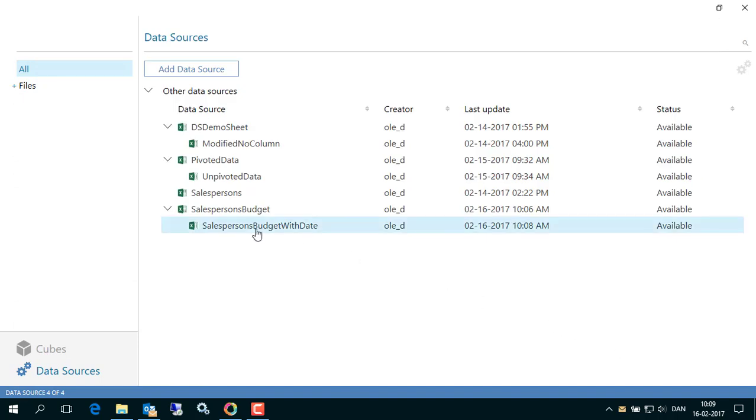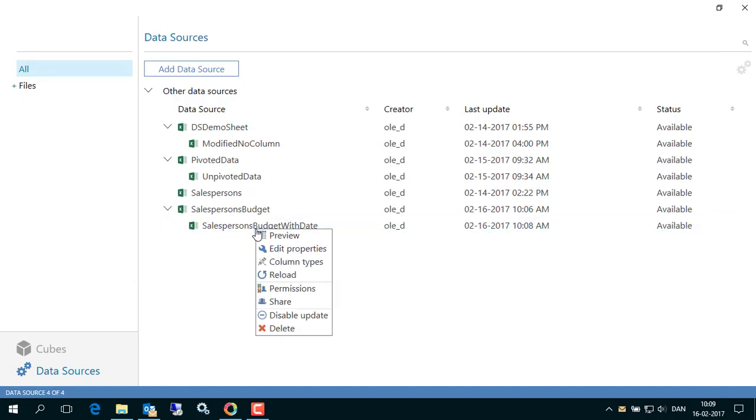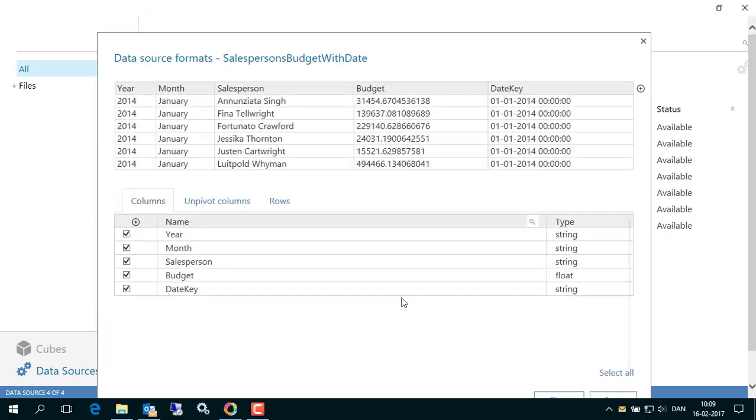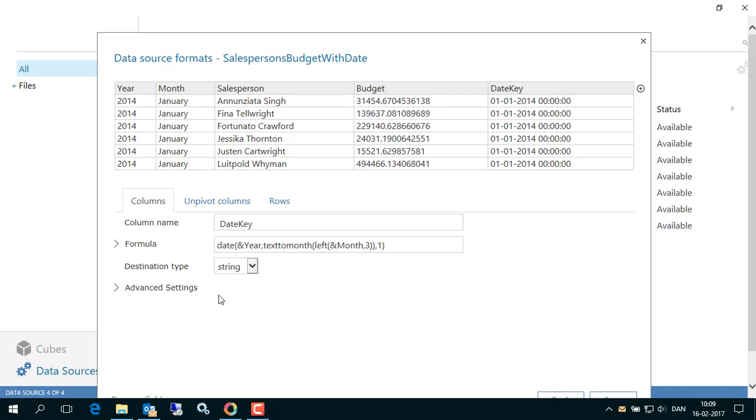But I need to go back here and work a little bit with my data type. Notice that it's currently a string here for my date key, and I actually need to change that into a proper date data type. And also the pattern that you're seeing for my date key, I need to put that in here